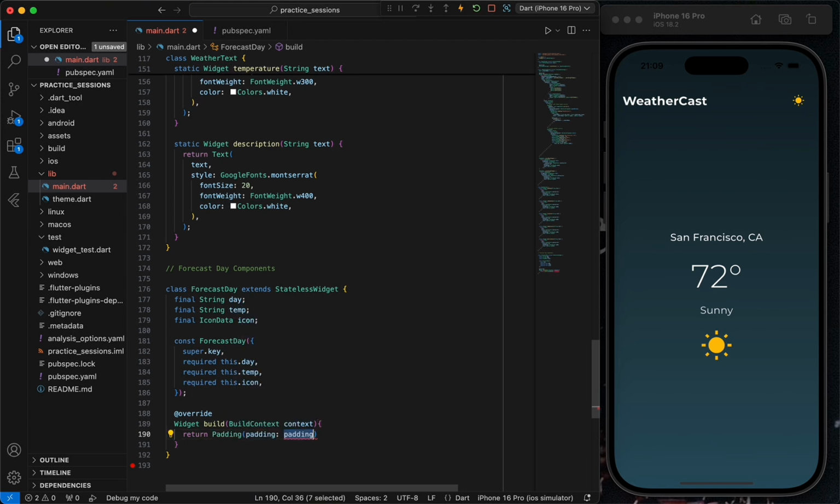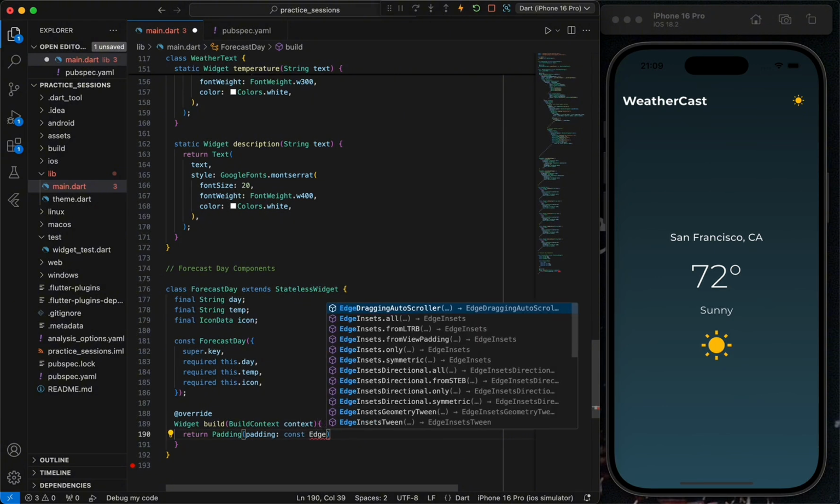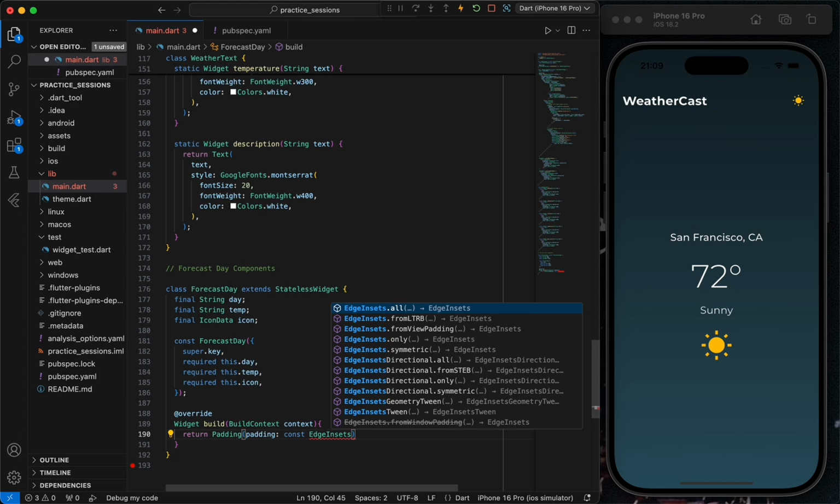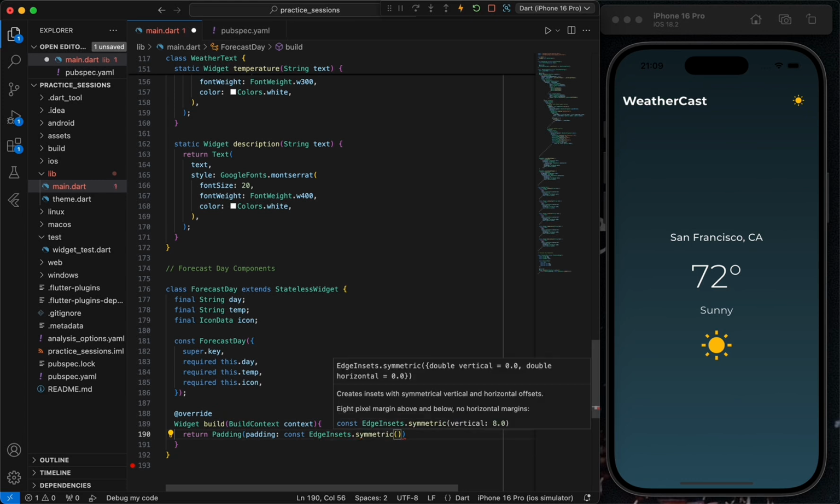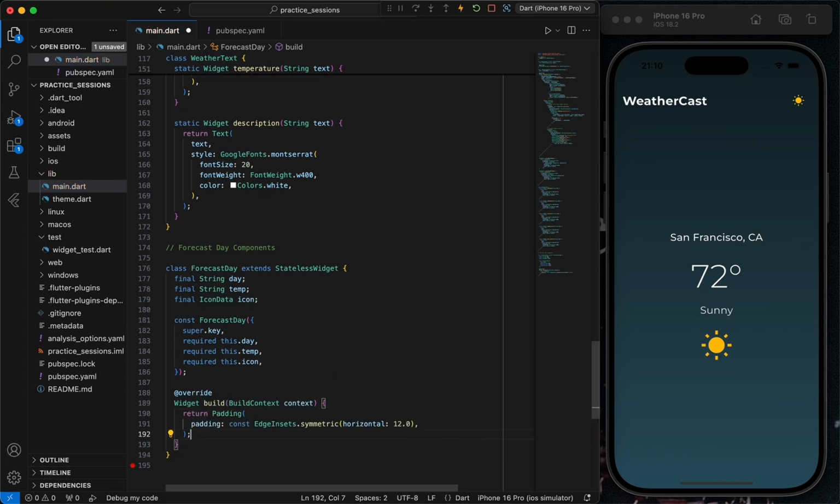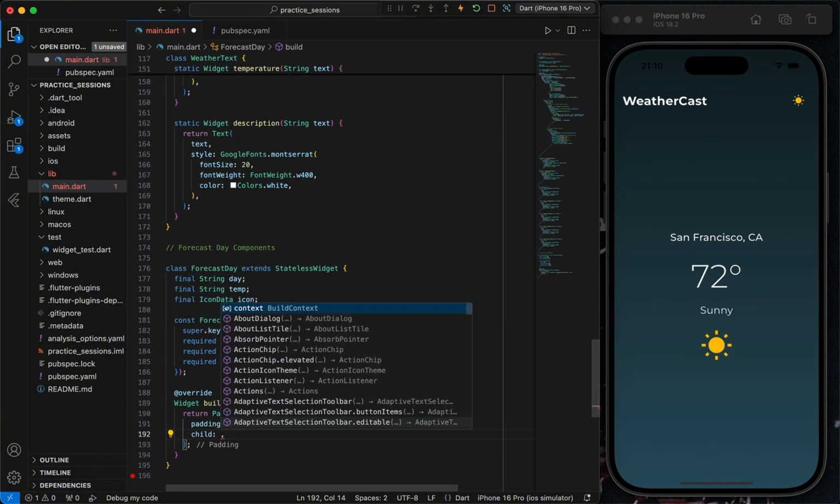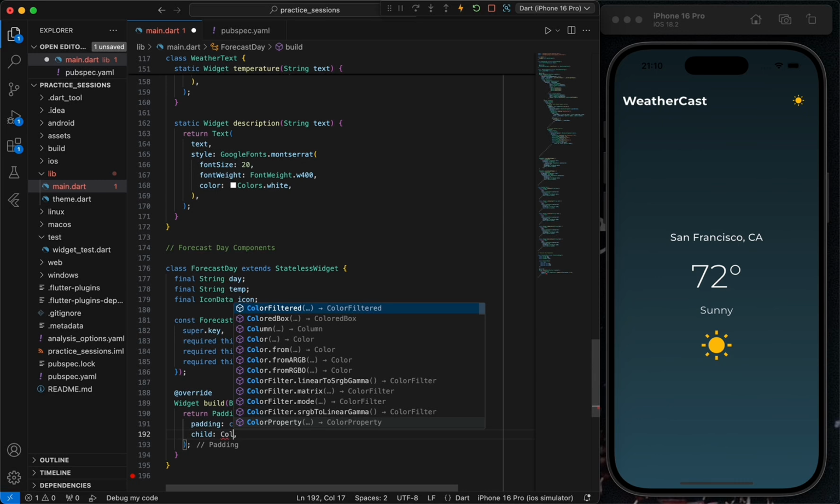and inside the padding we'll do const EdgeInsets.symmetric, and the symmetric will be horizontal of 12.0, then comma outside of the bracket, and we'll do child, which will be column,